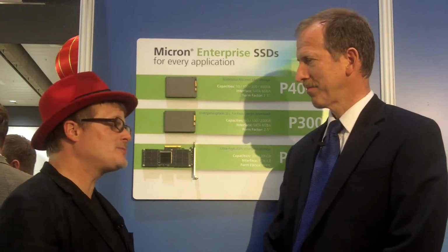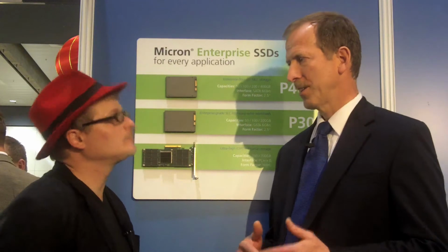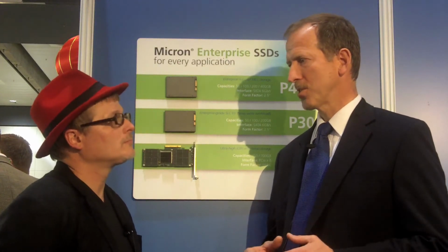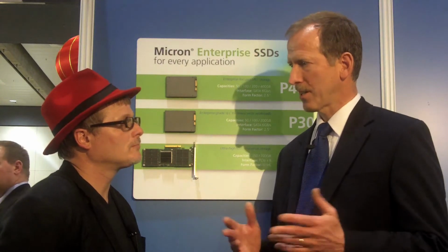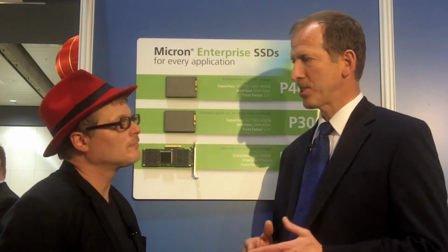Okay, yeah, so memory is big in HPC, so what's going on in memory technology in this space? Oh, there's a lot happening in memory technology. First around DRAM, we've got DDR3, it's going faster today. It's in all of the Sandy Bridge and Ivy Bridge systems that are coming into the HPC space. It's in other systems as well. If you take a look at the Blue Gene Q boards, they're loaded up with DDR3. DDR4 is the next thing that's coming in this space, and that's hot. Then there's the hybrid memory cube, HMC, and that's a radically new technology that this audience is extremely excited to